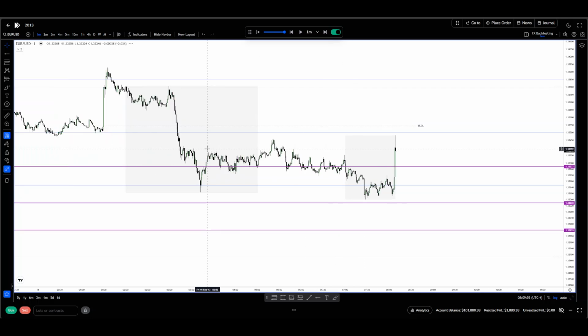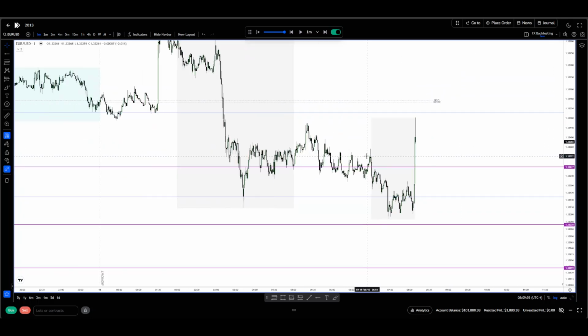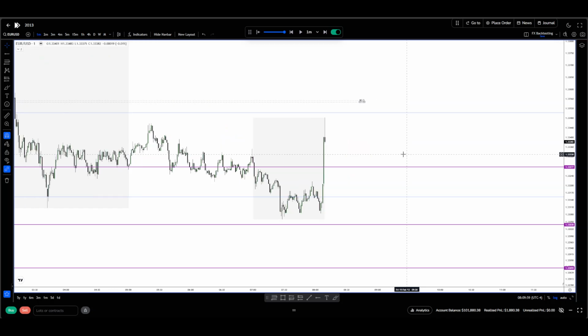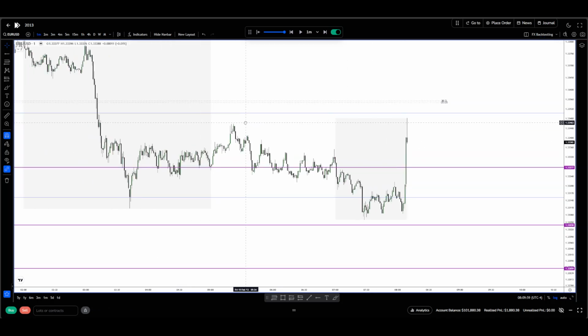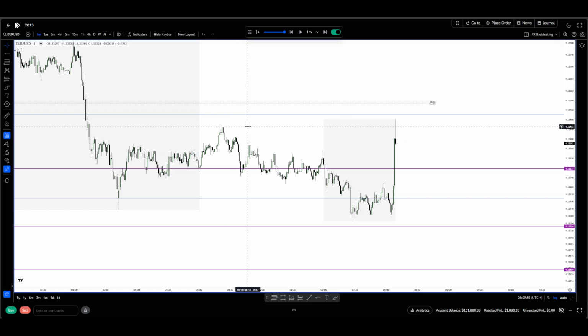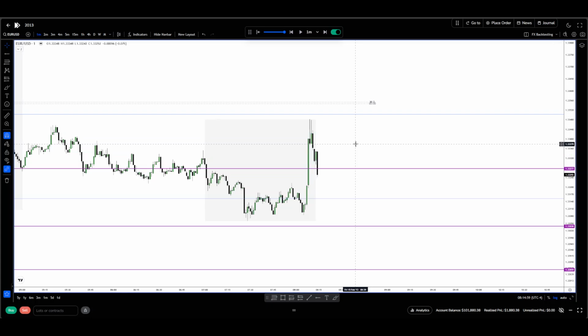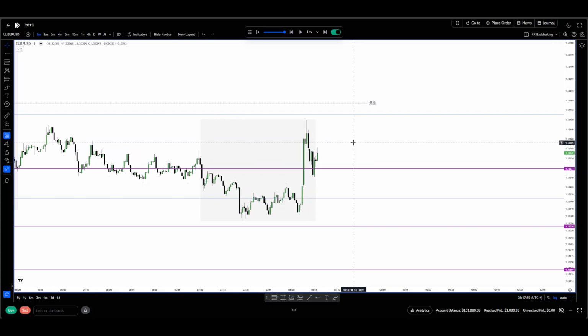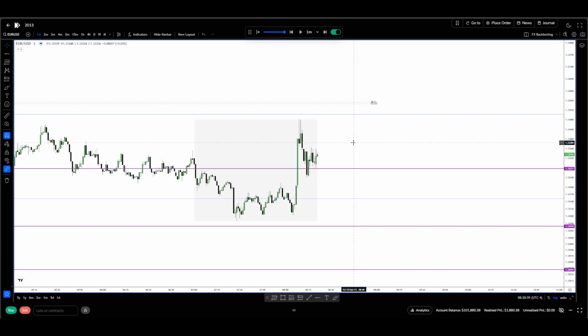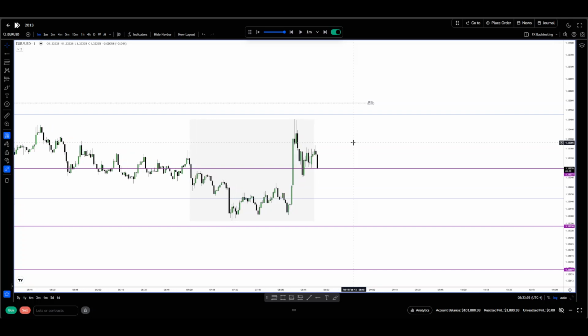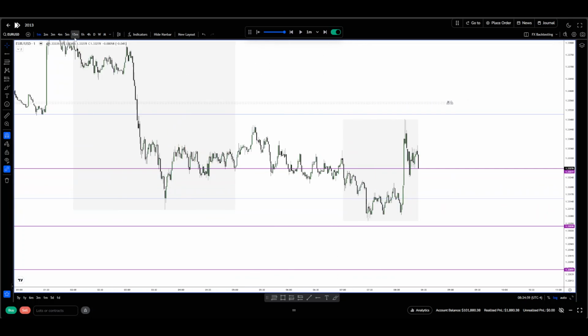Okay, so looking at this price action, price took out this high. Yeah, we took out this low, so we're trading back in the range. So if we go to the